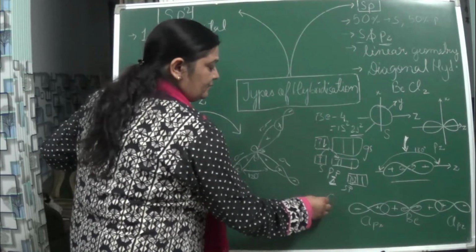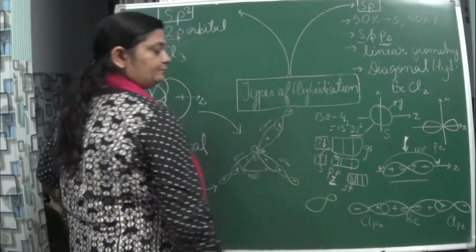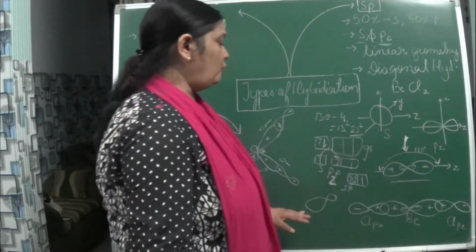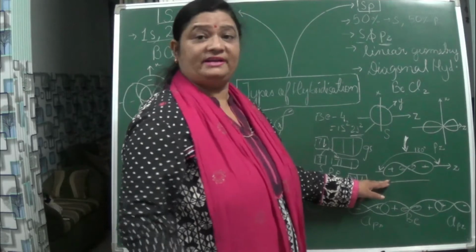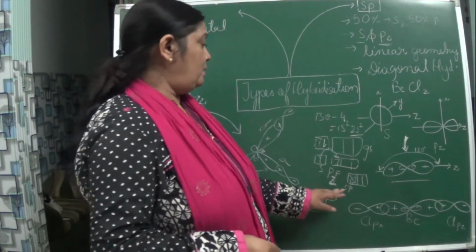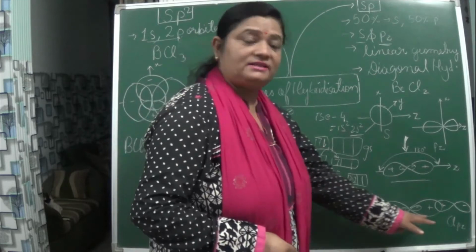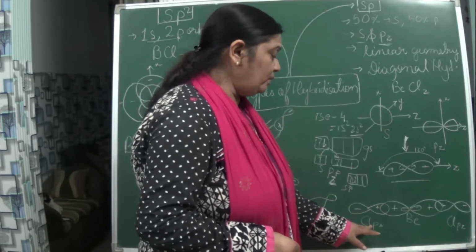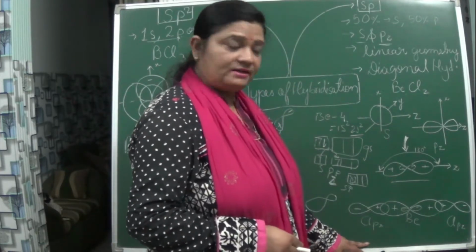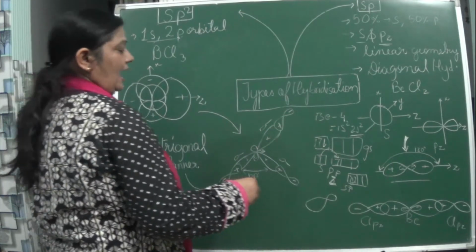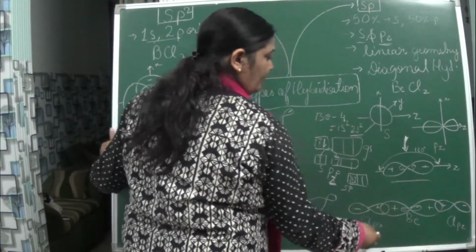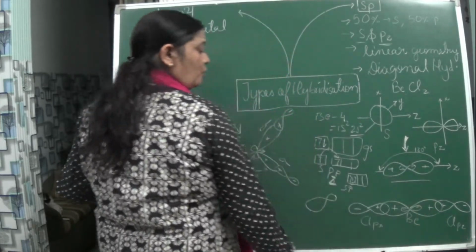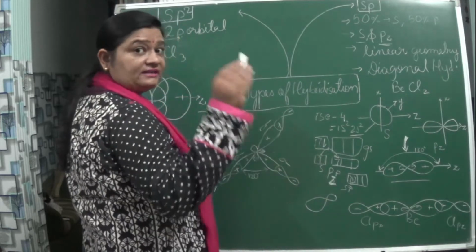What structure will come? In this form, isn't it? And as the result you get a structure like this, for beryllium in the hybridized form. Now what happens? Chlorine attaches to this beryllium, and here you can see chlorine is in the PZ. As a result you will see the overlapping, the overlapping of beryllium in the excited form. I will not say hybridized, excited form.